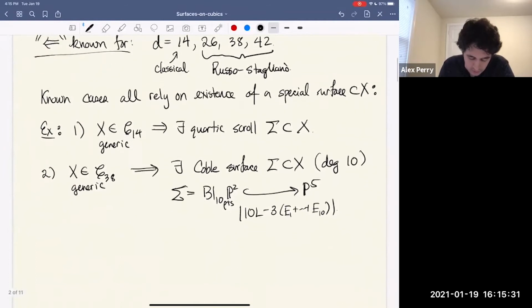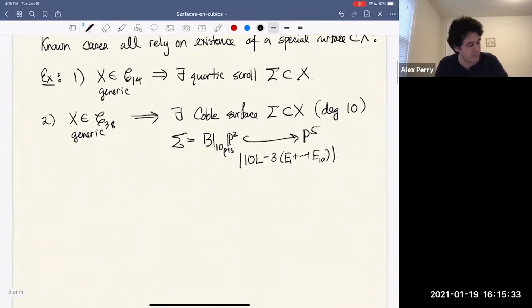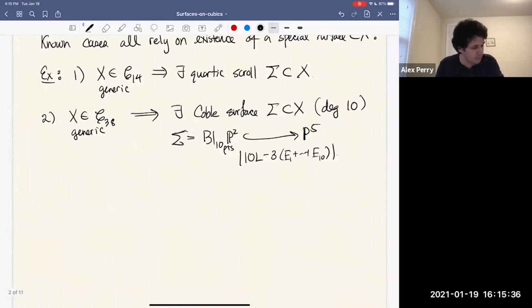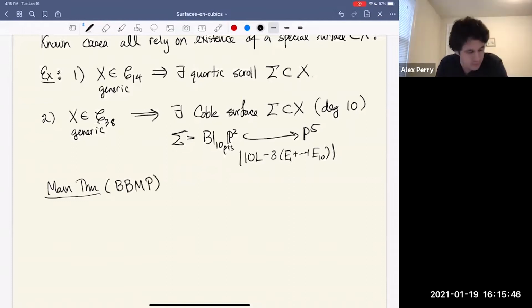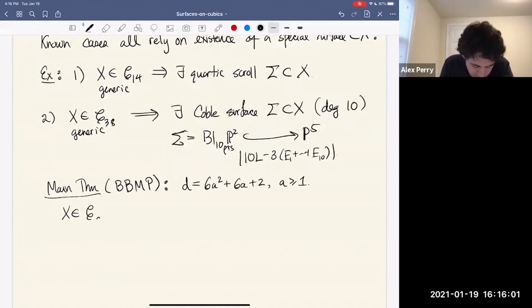And so now I can state the main theorem. So here's the main theorem for today. And again, this is work with Bayer, Bertram, and Macrì. So what it says is the following. I'm going to look at a special kind of D. So I'll look at D equals 6a squared plus 6a plus 2, where a is greater than or equal to 1. Then the statement is that if X is inside of this CD, then